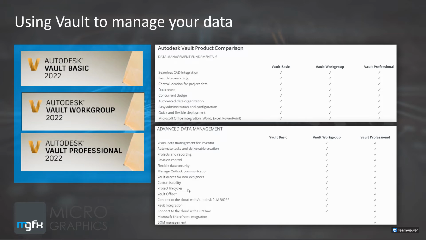So if I highlight project life cycles down here, that's a big one. That allows you to manage your data according to what stage in the development process it is. So for example, when you design something and you check it in initially, it's going to be work in progress. At a certain point, it's going to be reviewed by someone. And once it gets reviewed, it gets released to manufacturing. Once it's released to manufacturing, there are different permissions attached to it, which means it's locked. Nobody can edit it, nobody can change it, and you can make sense of what other people see on the other end. So at each of those stages, namely work in progress, for review, released, or perhaps obsolete,